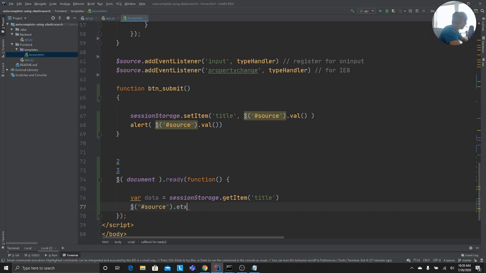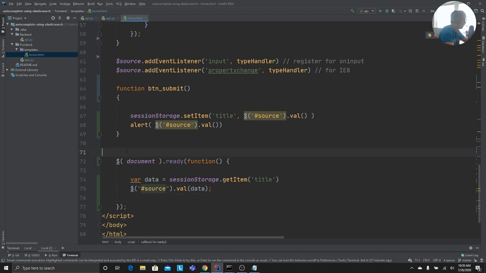I forgot. I guess it was text. Maybe val. Yeah, I guess it was val only, but let's just verify that by doing an alert. Remove an alert from here. So we can say,